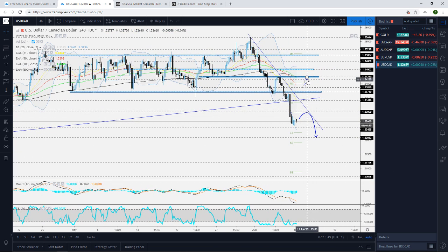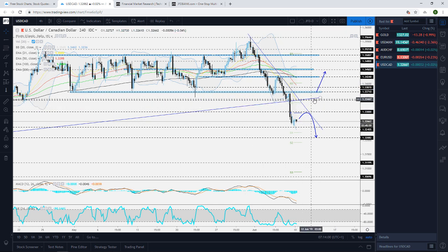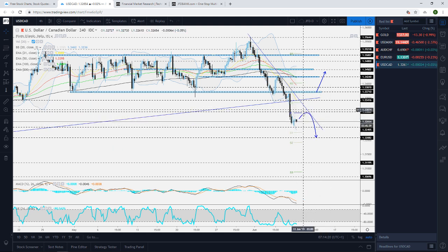For us to aim higher on this one, it would need to travel a lot to the upside before we could actually get comfortable with higher levels. Ideally we would like to see a push back above this long-term upside support line, and then a push back above the 1.3370 zone. Only then will we consider higher areas again. For now it's nowhere near that. It's looking more towards the downside, but again, we may see a small correction to the upside before